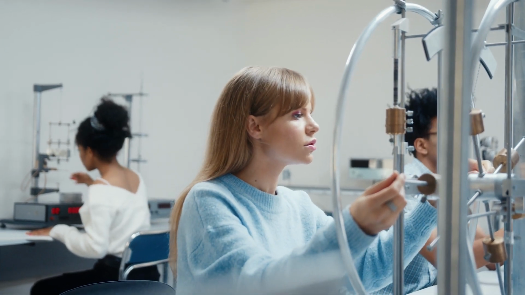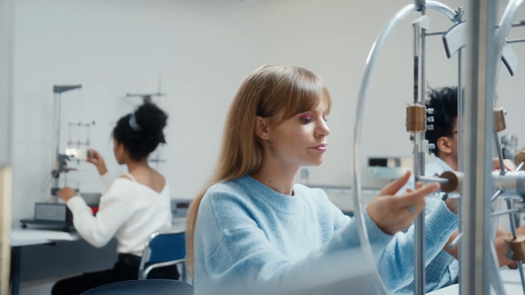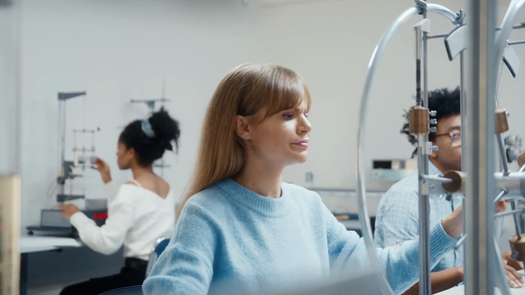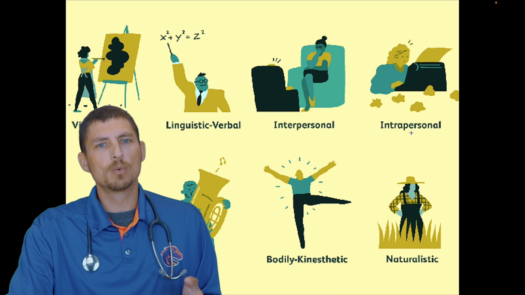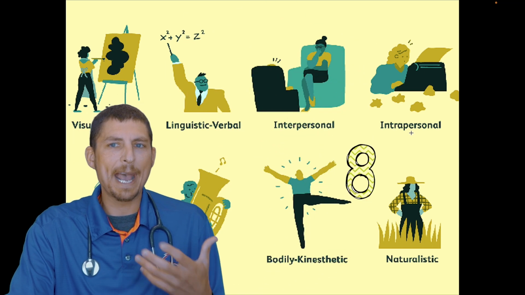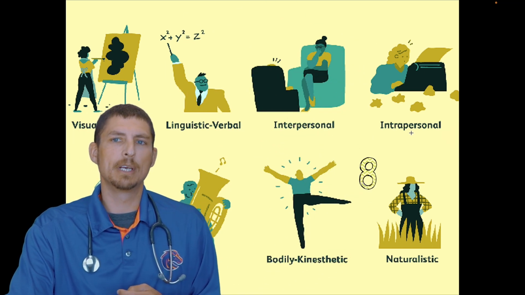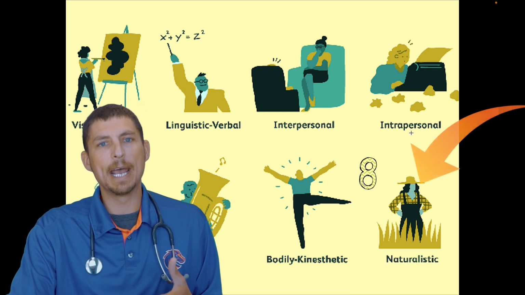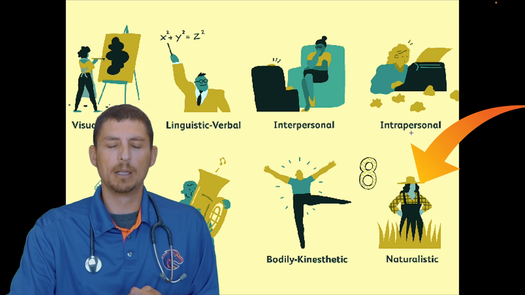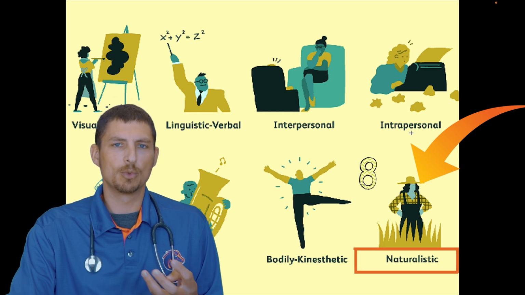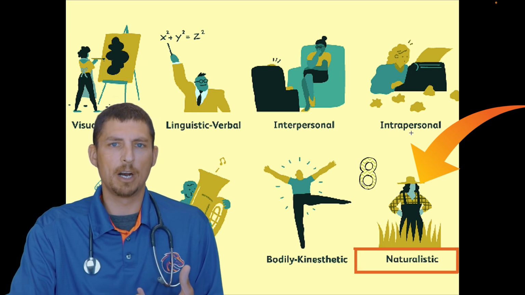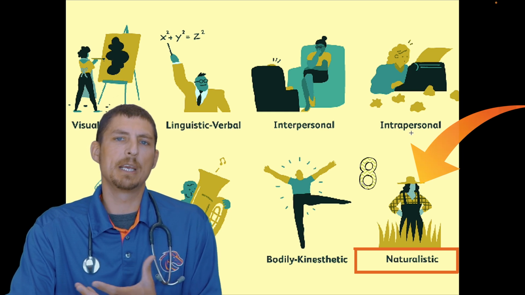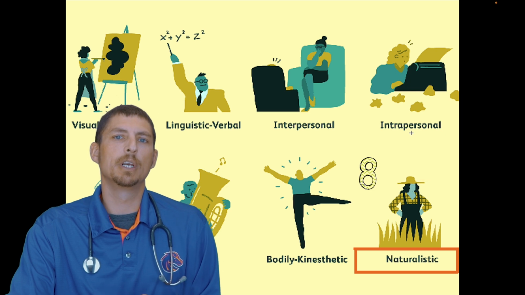They're often motion orientated or rely a lot on physical coordination when it comes to applying their learning. And then the last category is one that Gardner added a little bit after he originally introduced the intelligences to the educational community. It includes a naturalistic learning style, which is more in touch with nature or being in tune to the environment around them and using the actual physical space that you're in while you're learning